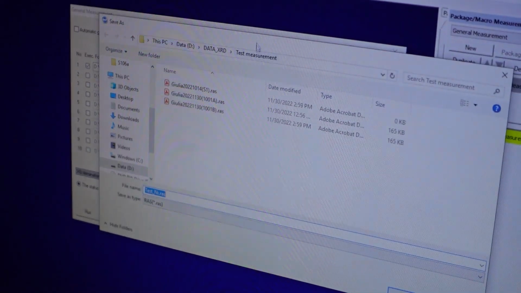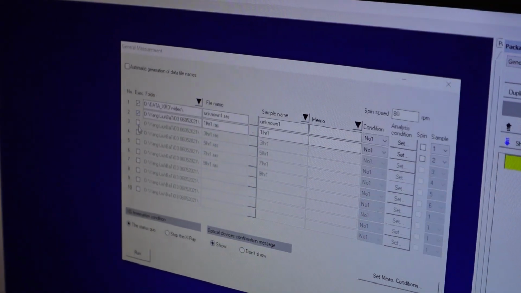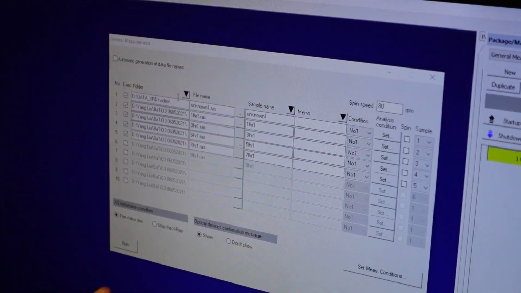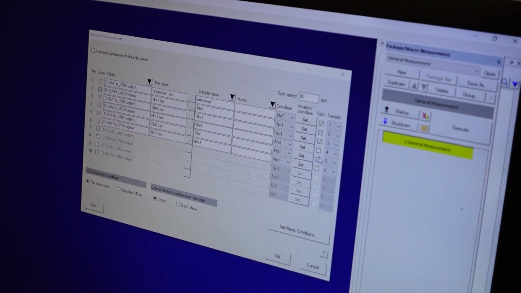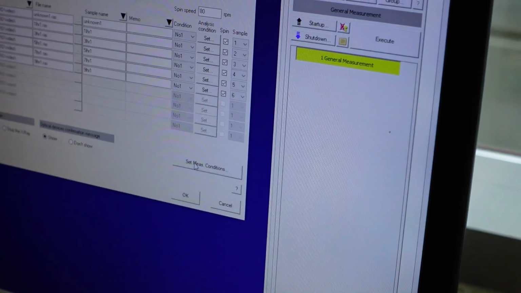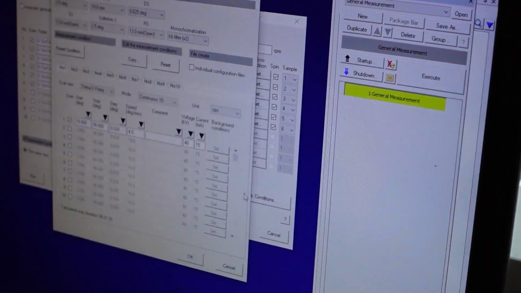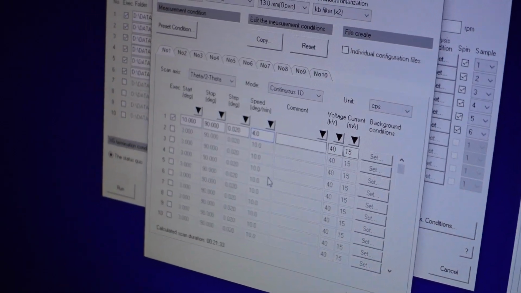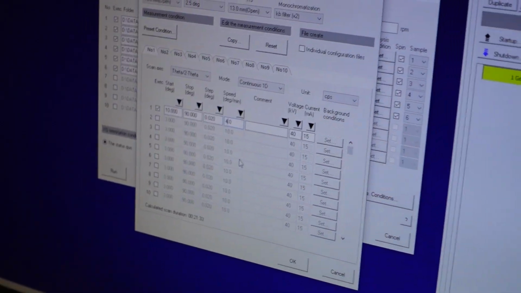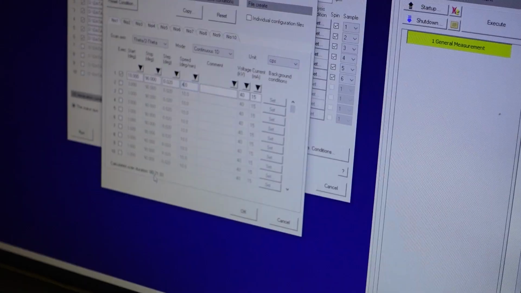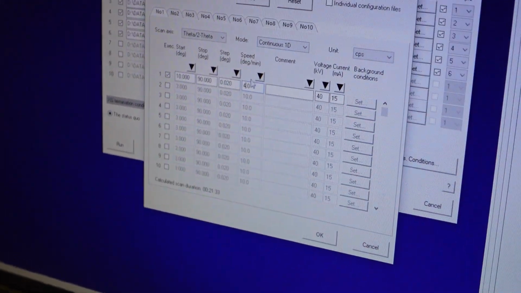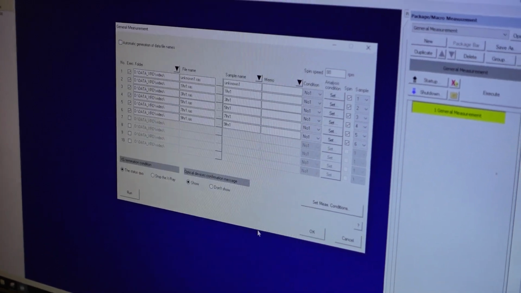Select a save location for the data. If you have more than one sample, check the boxes on the left to save the data, and check the boxes on the right to make sure that the samples rotate. Select the sample speed on the fourth column. The slower the degrees per minute, the more accurate the data, but will require more time. Set the speed according to the sample. If you are unsure about your sample, start with a faster speed and adjust accordingly.